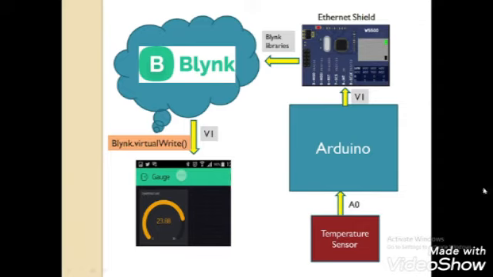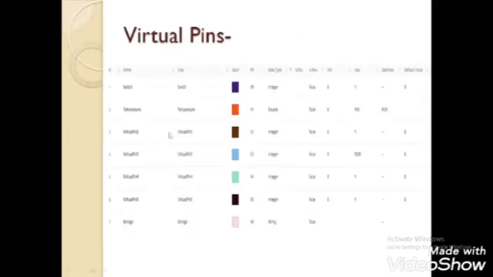So the second requirement was to display the temperature values on the Blink IoT app. For that purpose, we use the same connection, that is temperature sensor to analog pin A0, taking input from analog pin A0, and this temperature gauge which we created on the Blink IoT app is connected to virtual pin 1.